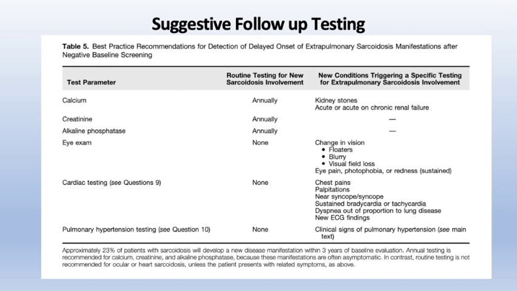Cardiac testing, again, is not routine for new sarcoidosis involvement. You may not do an extensive cardiac testing, but again, soft indicators are patients with pain, palpitation, syncope, heart rhythm changes, or a dyspnea which is still persisting on treatment. Maybe you would want to rule out pulmonary hypertension developing. So in such patients, you may want to keep this follow-up. And for pulmonary hypertension testing, again, if the patient initially did not have pulmonary hypertension and now shows signs of it, you may want to repeat it.